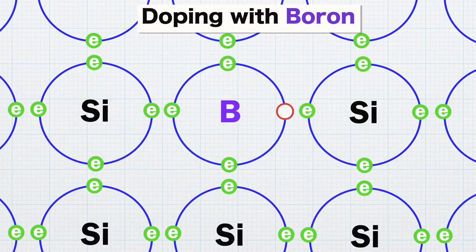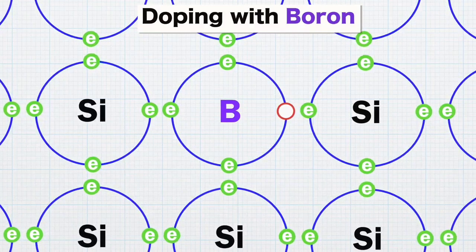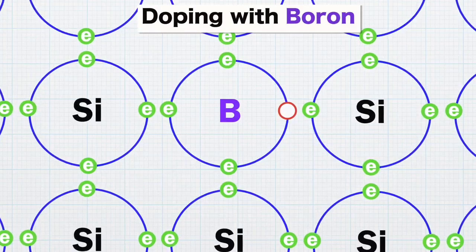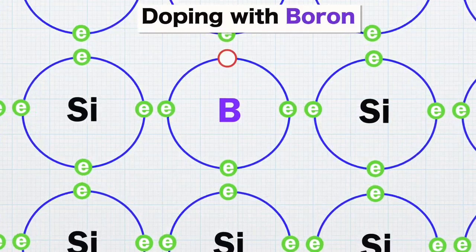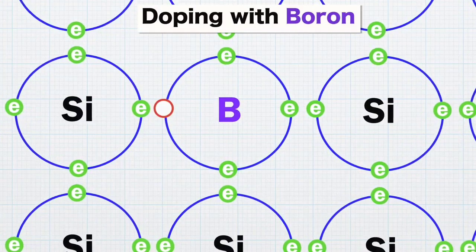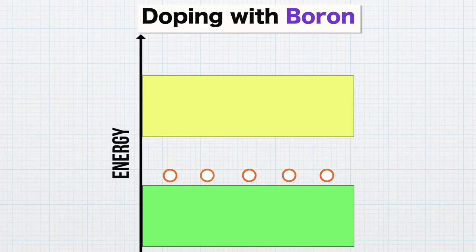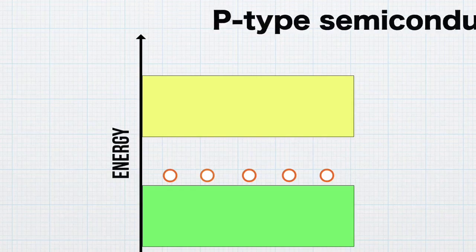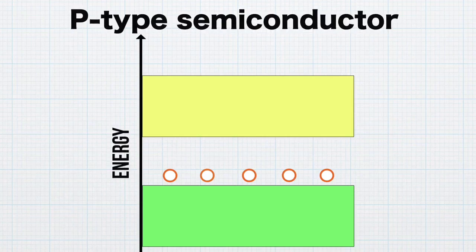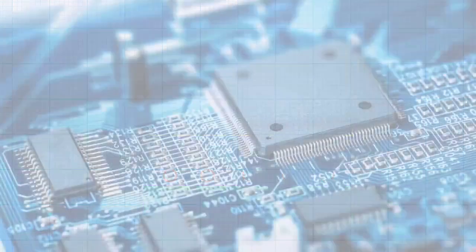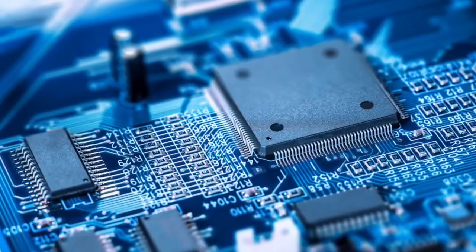If an impurity has 3 valence electrons, it bonds with 3 adjacent silicon atoms and forms a hole. The 4th silicon has nothing to bond to, and the absence of an electron creates a positive charge. This positive charge can move from atom to atom as an electron leaves its position. P-type semiconductor refers to the positive charge due to the missing electrons.